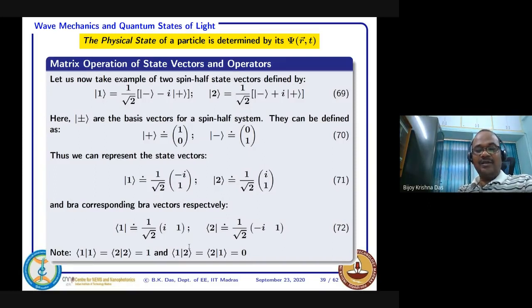And another thing: suppose you take an inner product between 1 and 2. Sorry, I missed that part earlier. If you take an inner product between 1 and 2, you check, they are 0. So 1 and 2 are constructed such that they are normalized as well as orthogonal to each other. So they themselves can be considered orthonormal basis vectors. I can consider either these as the basis vectors, which can themselves be considered orthonormal, but I have represented them in terms of plus and minus. That's it. Okay. Now next thing.